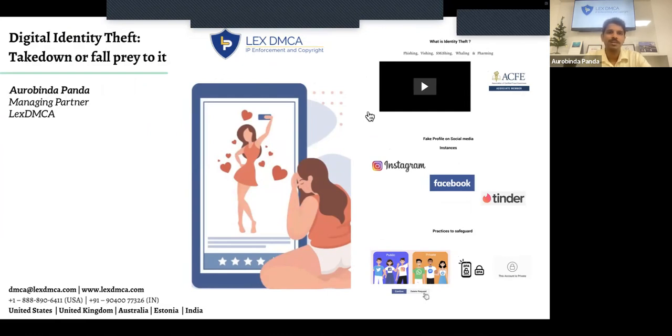A little bit of awareness in the sense of what you're sharing and what you're not sharing can help you reduce the risk from those who can take your identity and use it in any mode once they have it, right?